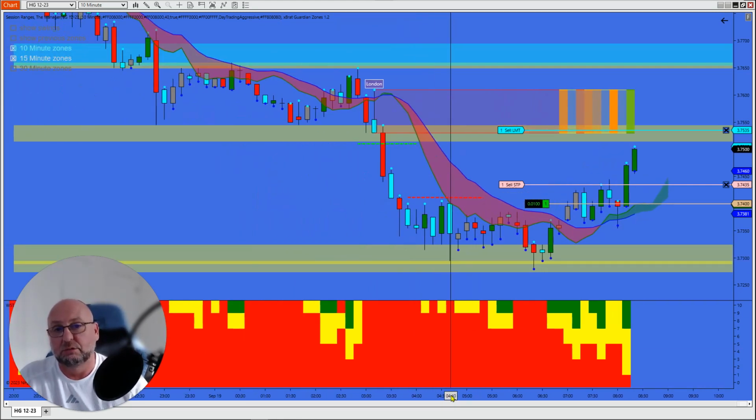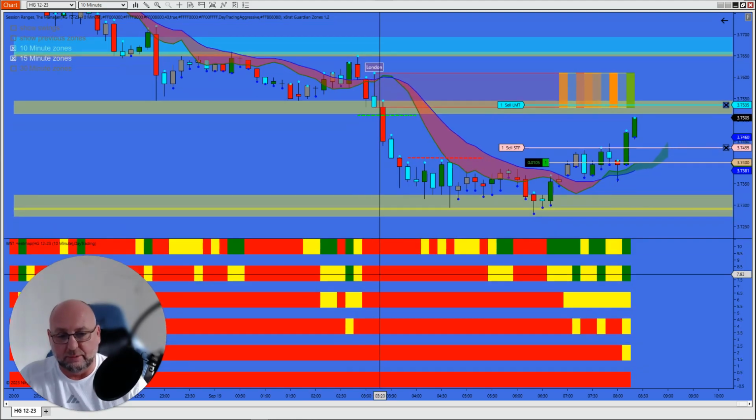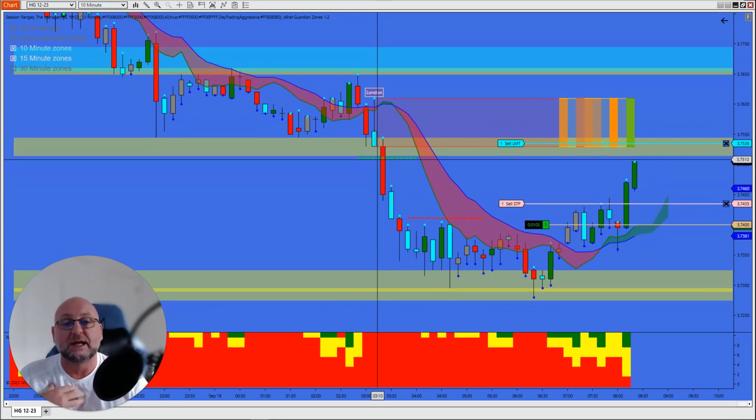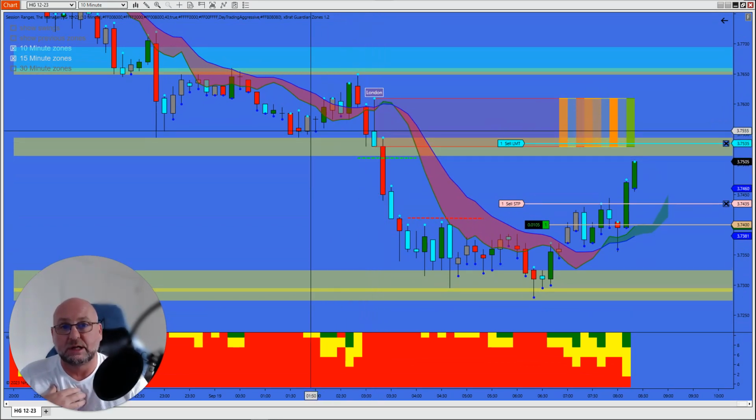So we got the signal, we got the opening range defined for the London, we got the range defined in red, so we're looking for a short only, we're not looking for a long. We've got all 6 time frames on the bias depth heat map. If I just scroll out there, all 6 time frames are red, so we've got the confirmation. The entry strategy is simple. We're using the